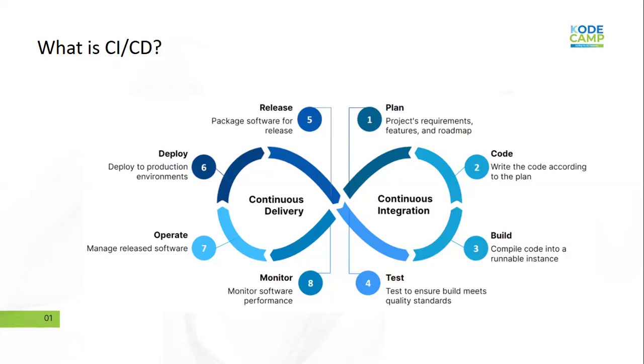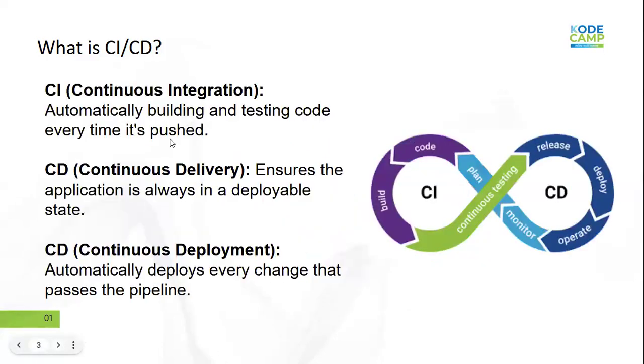But anyways, let's go forward. So this is continuous deployment: automatically deploy once the code passes the pipeline. Then continuous delivery ensures that the application is always in a deployable state, meaning that at every point in time, your version should be ready to enter production. That's what continuous delivery is. Always ensure that there's an application that is in a deployable state.